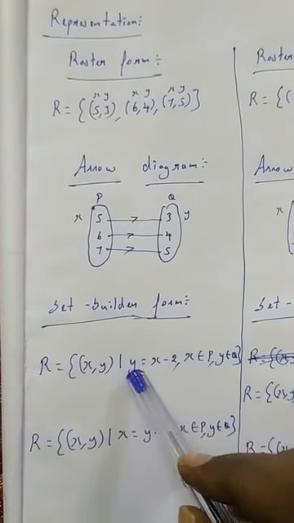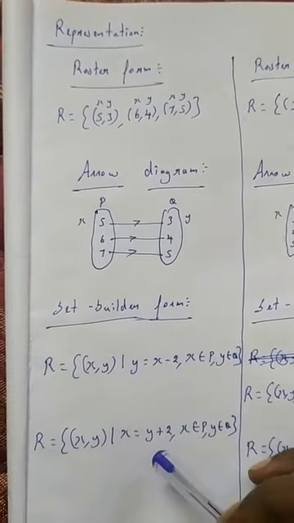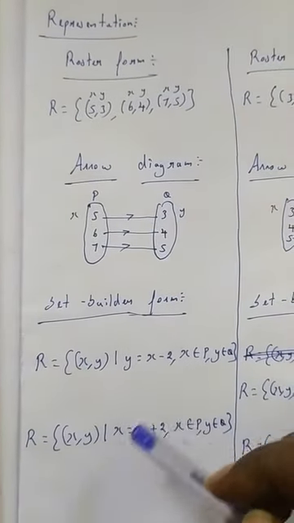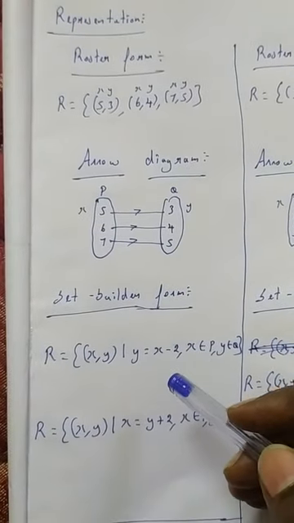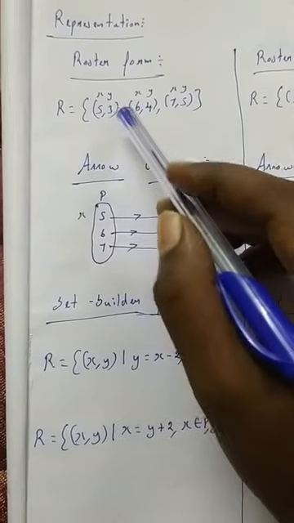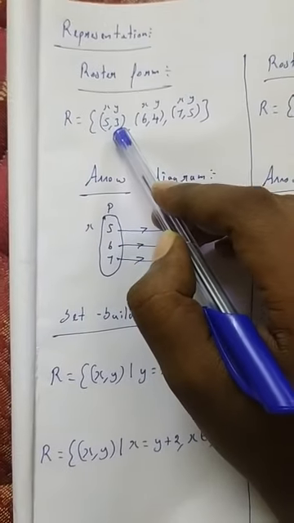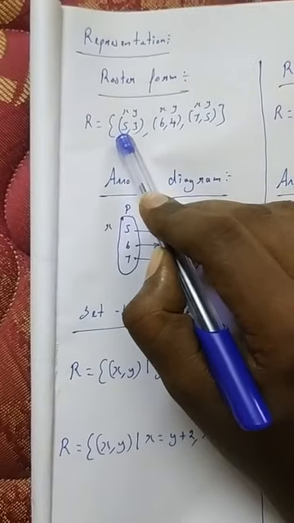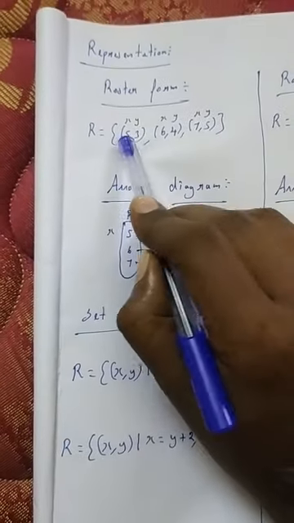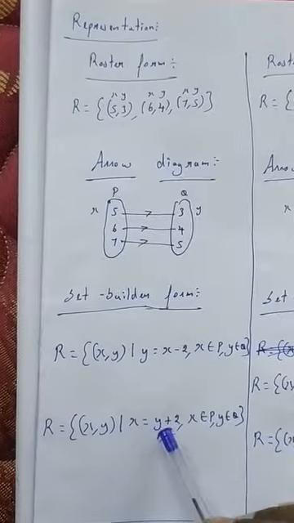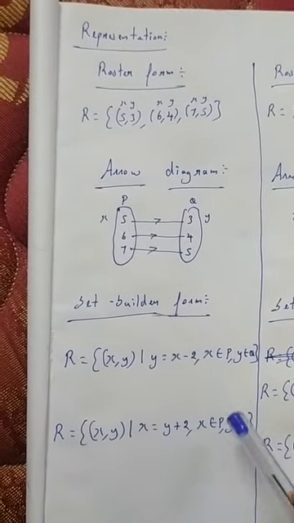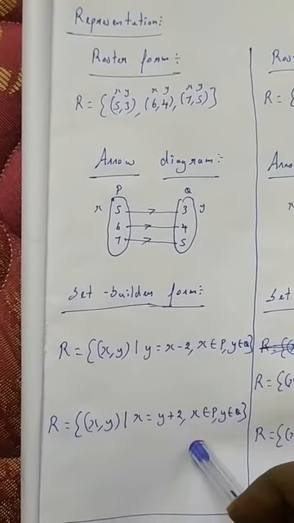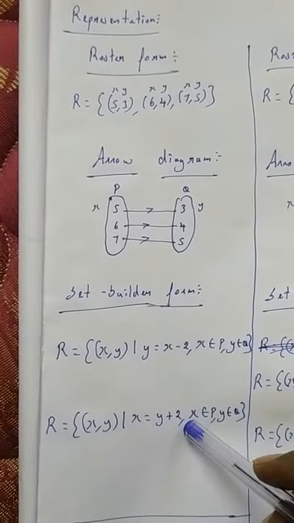That is Q. So always you should write x belongs to P and y belongs to Q. And not only y is equal to x minus 2, we can write in another way also. What is the other way? If you look at y, it is 2 less than x. If you look at x, it is 2 greater than y. So we should write x is equal to y plus 2. So in this way also we can write. We have two ways, right?